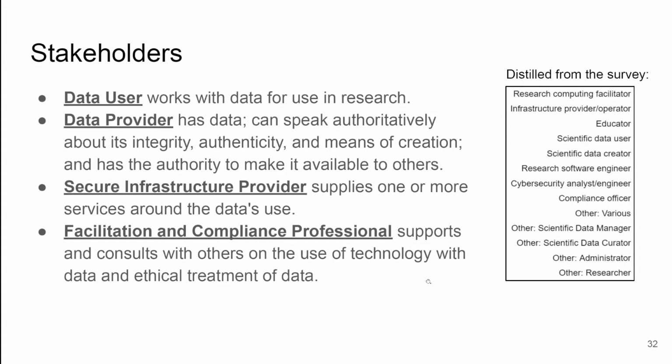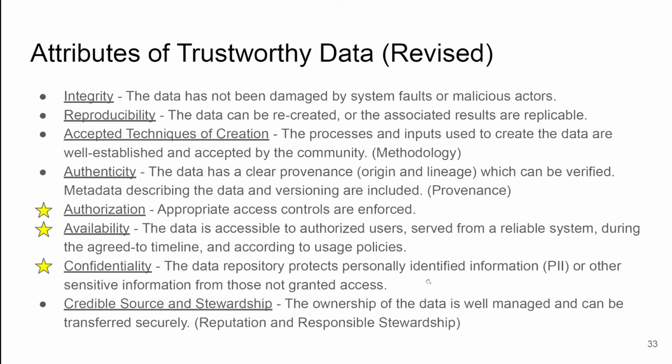And so here's where we looked again at the attributes, and whether we could revise the attributes of trustworthy data based on some of the comments from the survey and some more discussion in the working group. We still have integrity and reproducibility right at the top. Those had over 70% agreement in the survey responses. We reworded methodology to be accepted techniques of creation to try and make that a bit clearer. And provenance, we recharacterized as authenticity. To cover some of the write-in responses around data confidentiality and data encryption, we included confidentiality and authorization